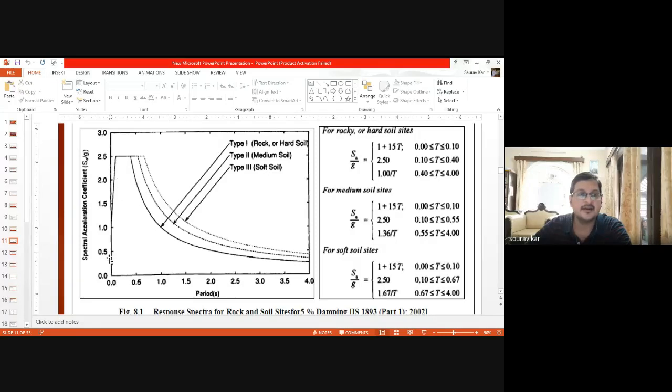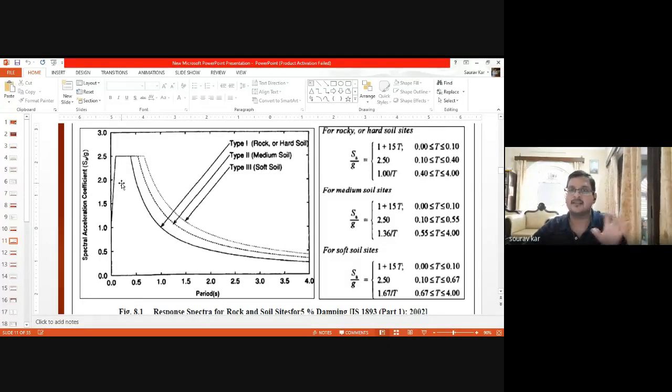And this is the spectral acceleration coefficient SA by G curve with respect to time period. So it is like a plateau, and it will fall sharply in a gradual manner. So for type 1, type 2 and type 3, we have these curves. Simply, they have plotted various time periods.